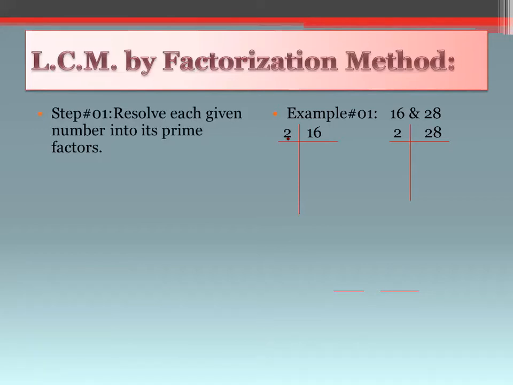You will divide 16 by 2. So 2 into 8 will be 16. Then again, you will use another prime factor, that is 2 again. 8 can be divided by 2, so you will use 2 here. You cannot take 4 here because 4 is not a prime number. 2 multiplied by 4 will become 8. Then again, you will not divide by 4 because 4 is not a prime number. It can be divided by 2 as well. So 2 into 2 is 4. And then 2 into 1 is 2.